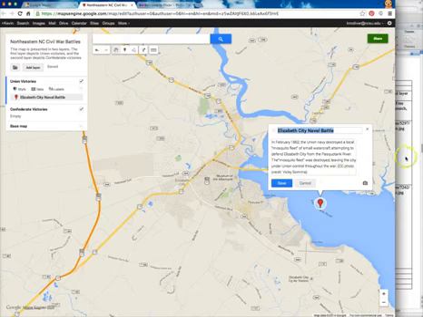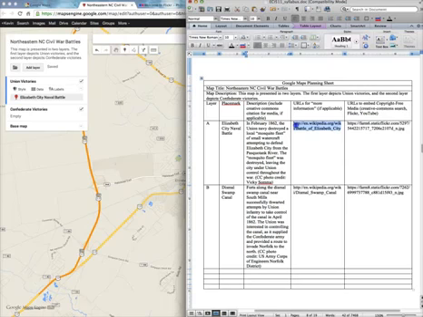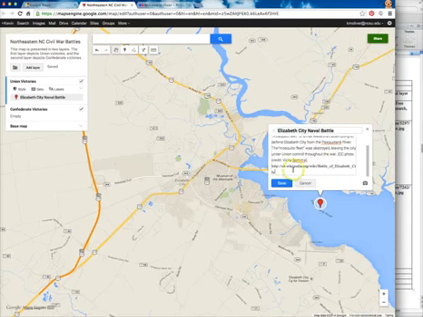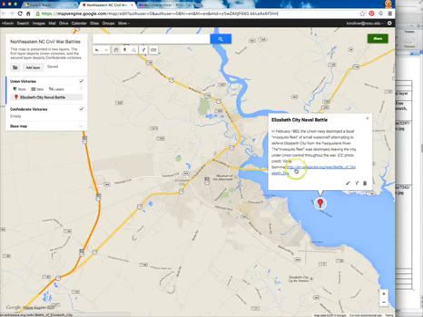I actually want to add some more information. We know that this battle is described on this Wikipedia site, so I'm going to go ahead and add that URL here at the end. And if I click Save, you'll notice Google Maps does recognize this as a URL, so you don't actually have to code the HTML to make that happen. You can just drop in a URL and it will show it here to give your readers more information about